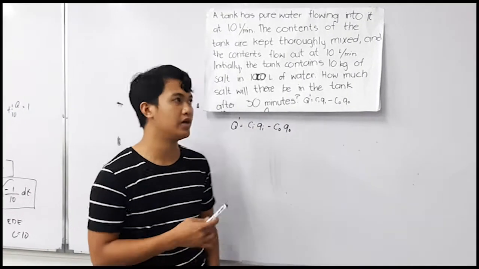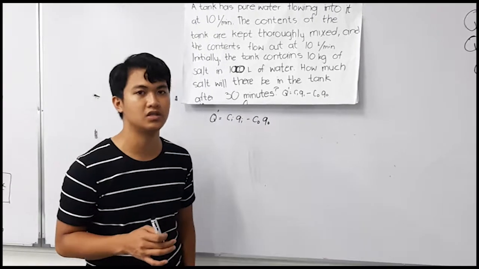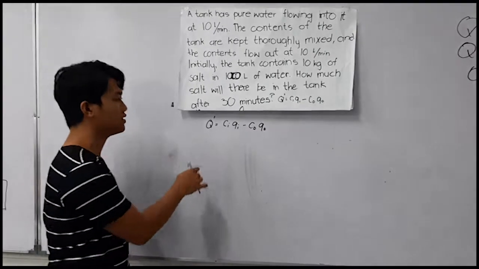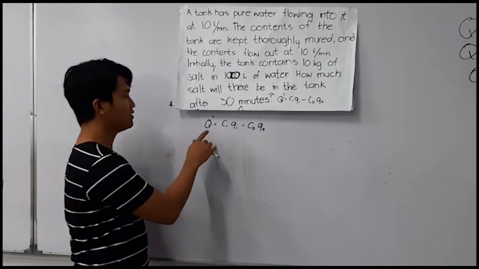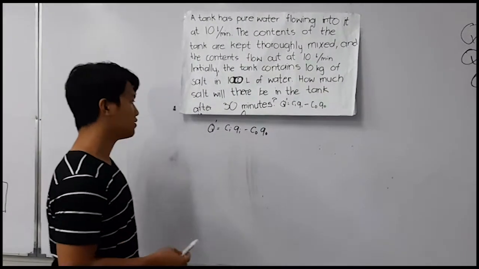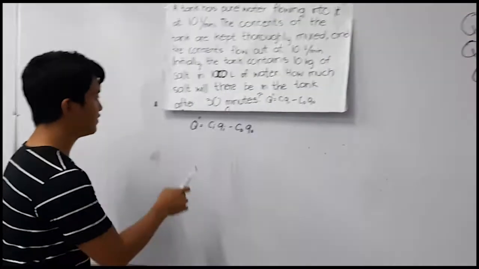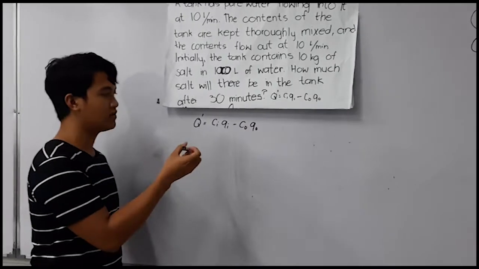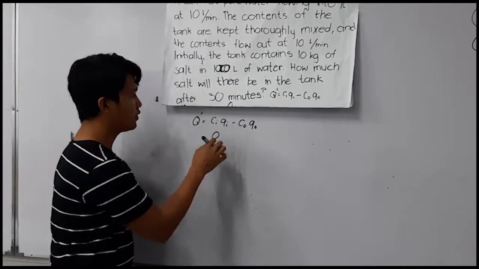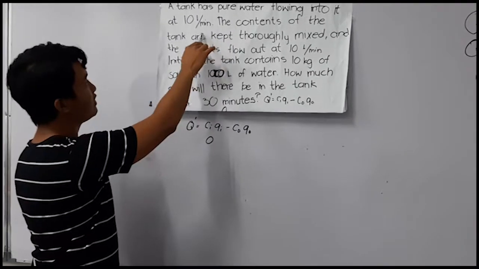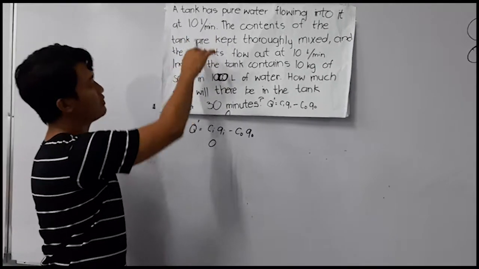Everyone, so here we have a first order differential equation mixing problem. In this problem, we're going to use the equation Q prime is equal to rate in minus rate out. The first thing to do is to determine the values of the variables. For the C sub i, our value is equal to 0, and our Q sub i is equal to the rate in, which is 10 liters per minute,